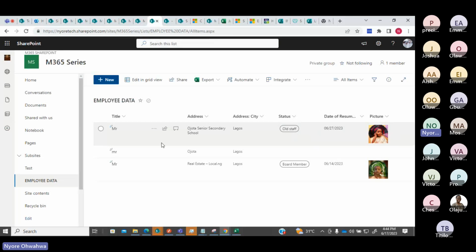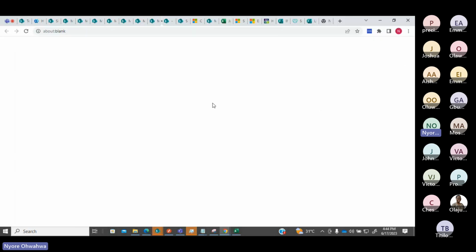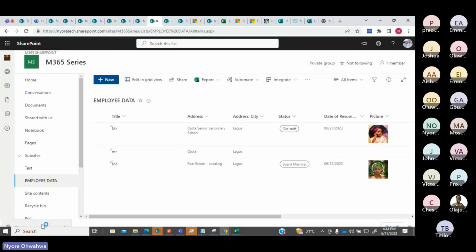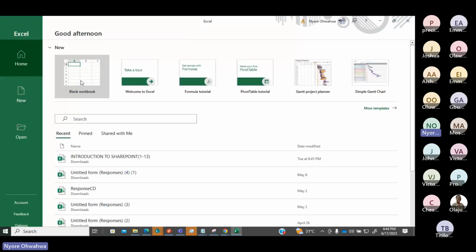So you can also, for example, have gotten everything that you need on this list and you just need to view it, or you need to spool it as a report. You can come to export and say export to CSV, export to Excel, sometimes as a report. And I clicked on that.